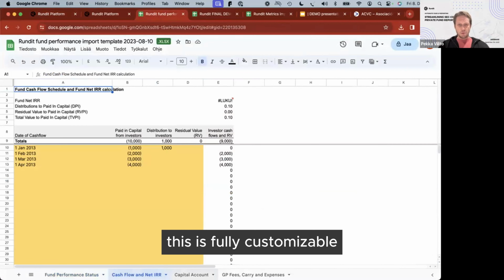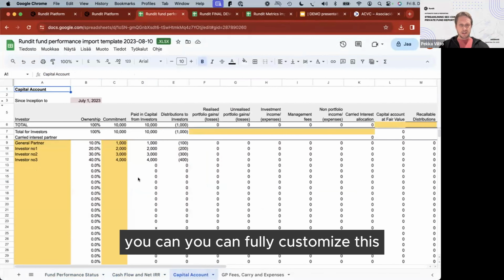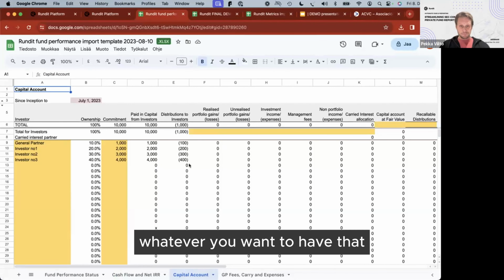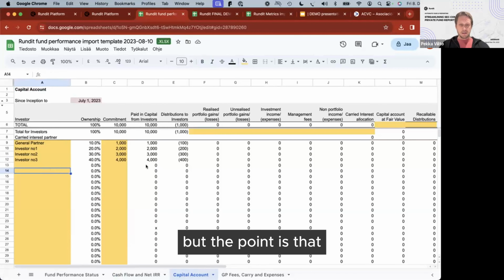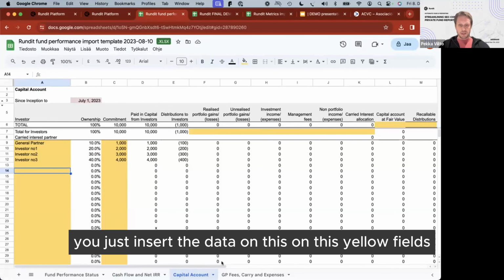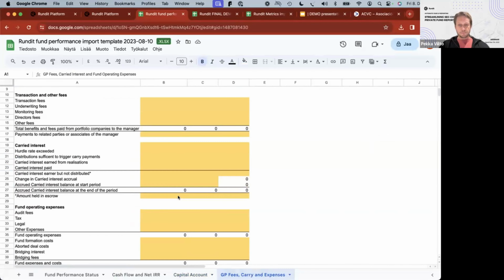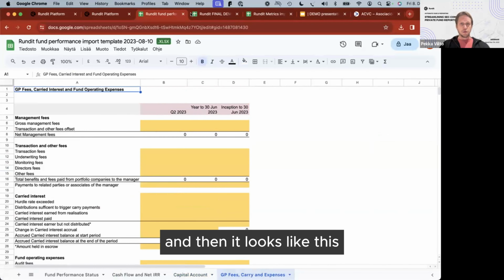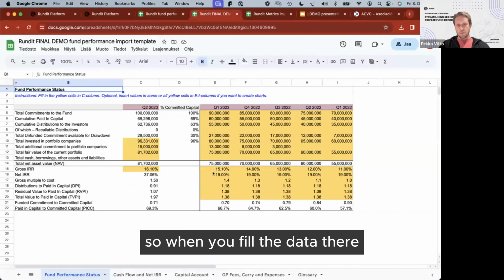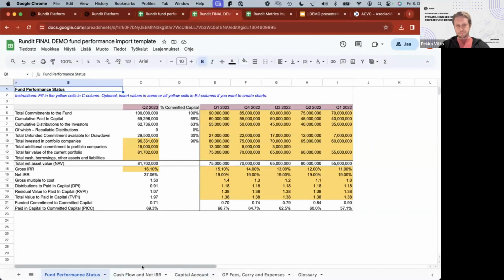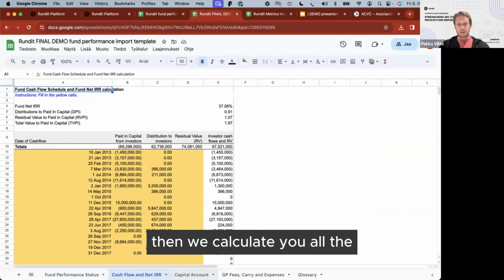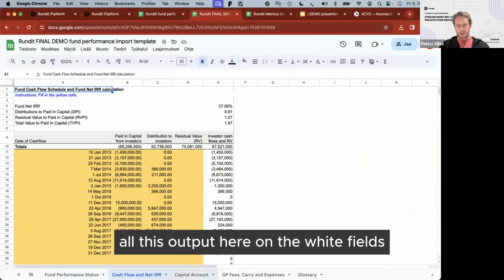This is fully customizable, whatever you want to have there. The point is that you just insert the data in these yellow fields, and then it looks like this. When you fill the data there, we calculate all these outputs in the white fields.